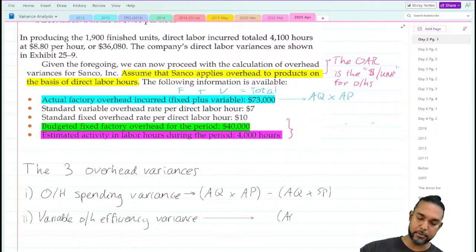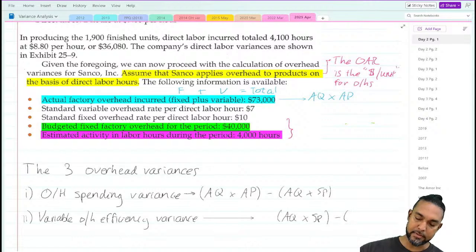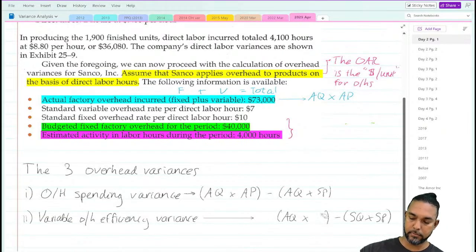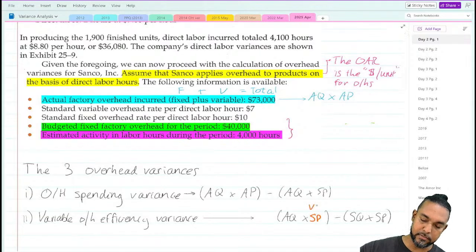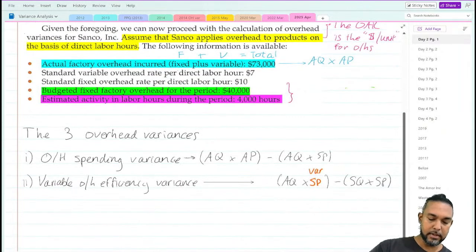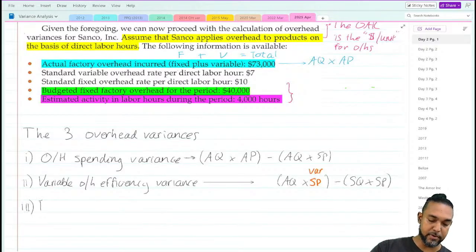This one is actual quantity by standard price minus standard quantity by standard price. Right? And then in this particular case here, SP would be for the variable costs, variable overheads, right? And then the third overhead variance you have is the fixed overhead volume variance, which is like an efficiency variance, right? So fixed overhead volume variance,